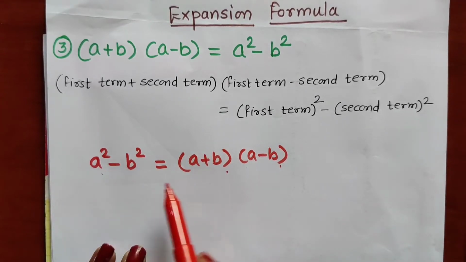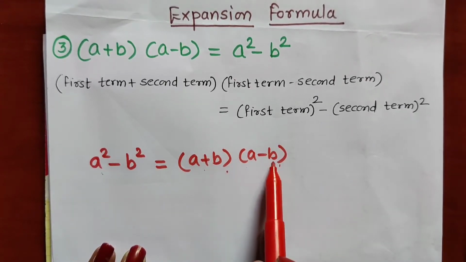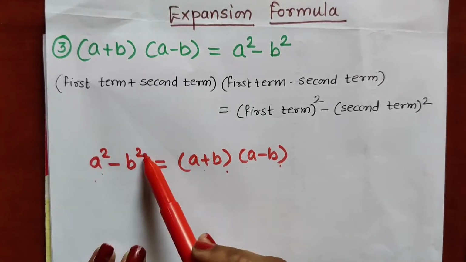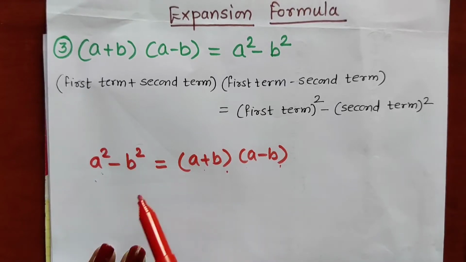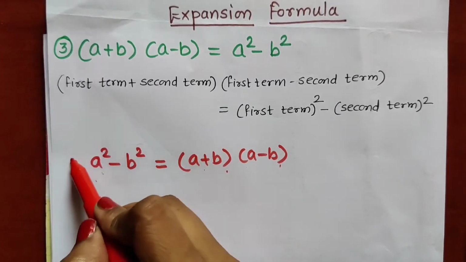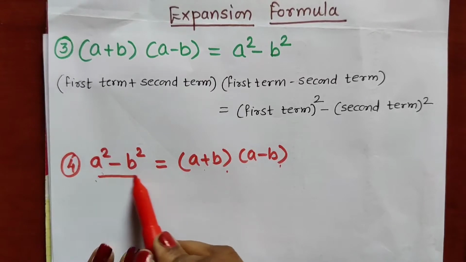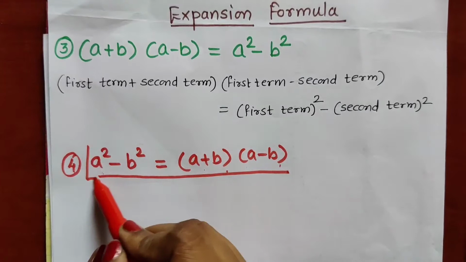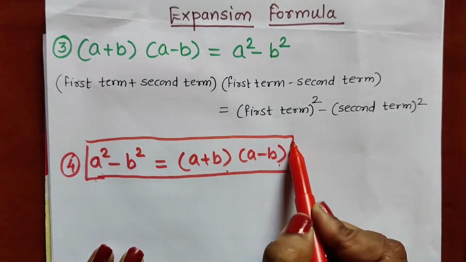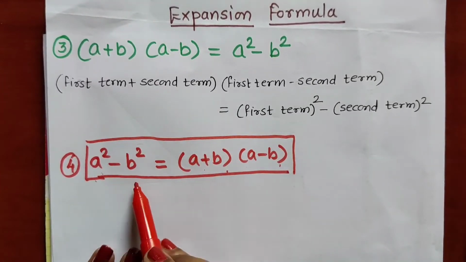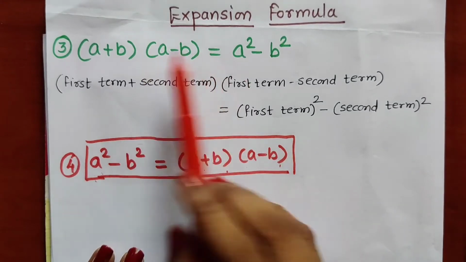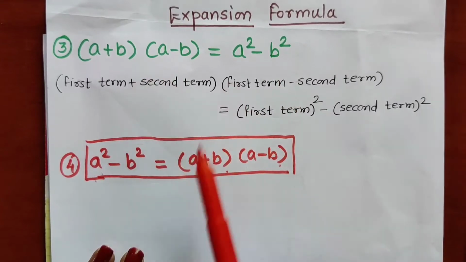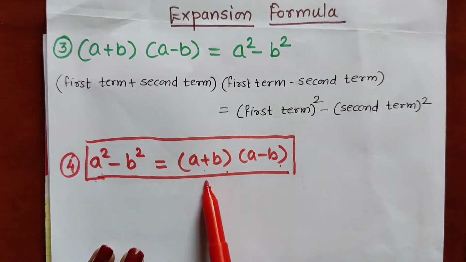So for getting the factors in brackets in such a way, you should see that the first term should be a perfect square, and the second term should also be a perfect square. In this way, we can apply this formula to solve the sums from practice set 53. But you should see that both these terms are perfect squares. This is also an expansion formula. Instead of writing this way, I have written this way. That means the left hand side is written on the right hand side and the right hand side is written on the left hand side. So this is also a formula.